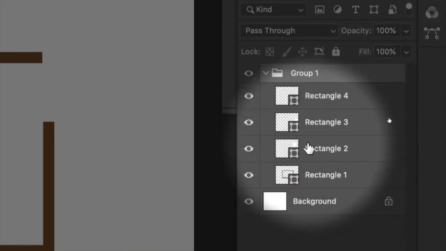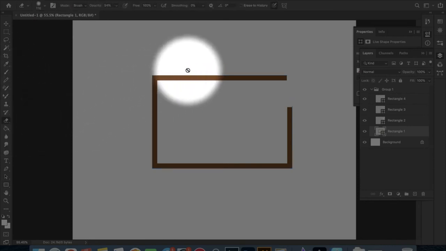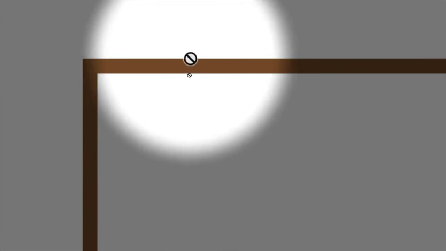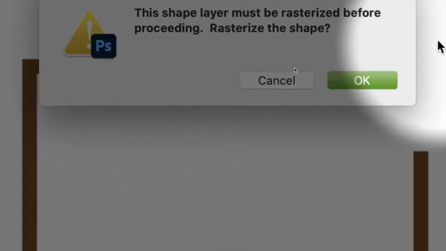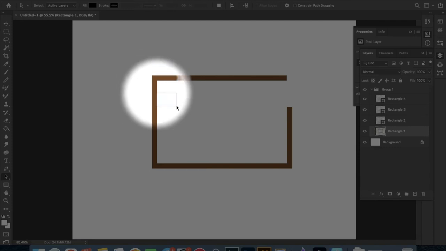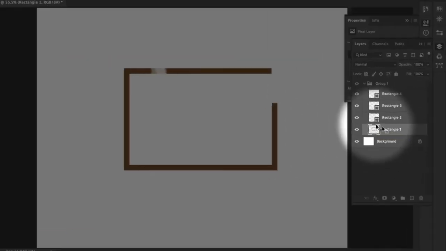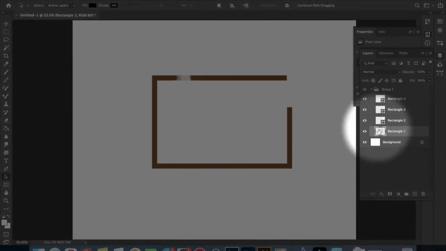If you want to change and alter these, say I want to erase part of this line, it doesn't quite work because it is a vector shape. So I'm going to go to my shape number 1. We're going to come over to my eraser tool, and you can see when I zoom in, my tool is a null. I can't do anything. It says I have to rasterize it first. And if you click on it, you can go to rasterize, and that'll make it so that now it is a raster shape, but now it's no longer a vector shape. So when I try to select it with my vector tools, it doesn't know what I'm talking about. And we can see that its properties have changed over here. So be careful about what you want to do and how you change it, because having a vector tool can be pretty awesome. So I'm going to delete this old one,